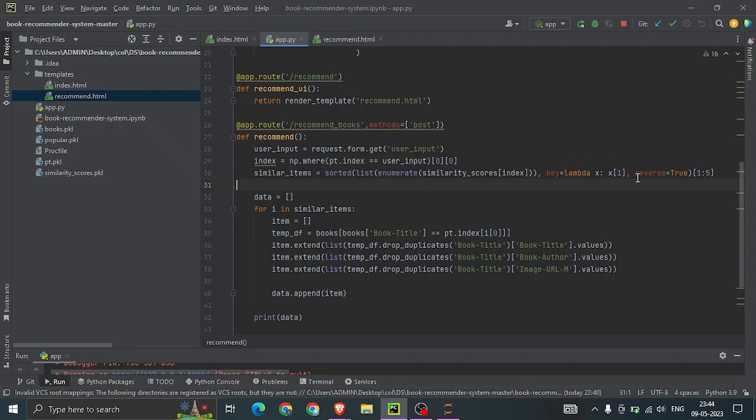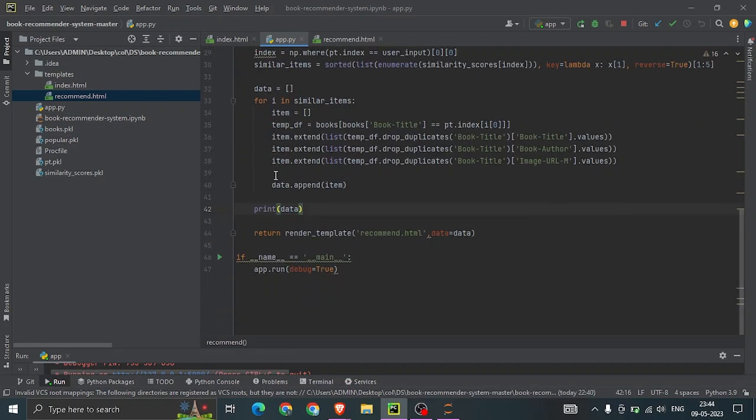And reverse equal to true means that the book which has the highest similarity score comes first, because in ascending order it would be in the lower parts. That's why we're using this function. These items are extended in the item list, this item list is appended in the data list, and we are printing the data.